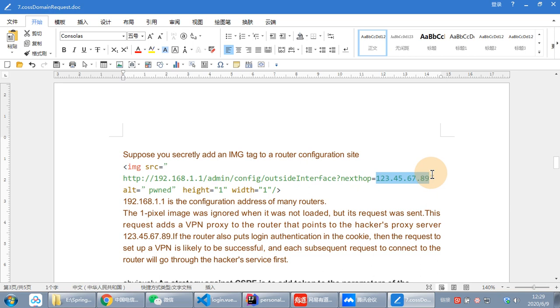IP address, okay? And we can see the IMG style just sets height to 1 pixel and width to 1 pixel. So we can't see the image clearly, okay? We usually ignore the image, but the request was sent to this dangerous website, and